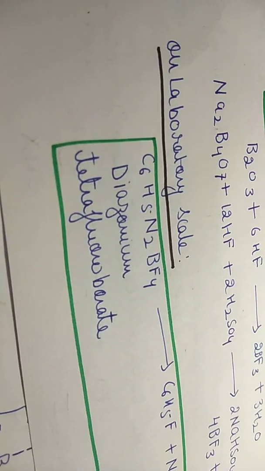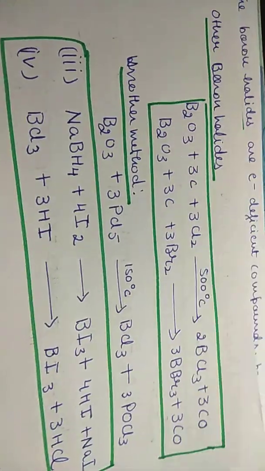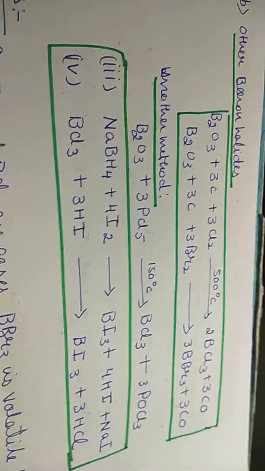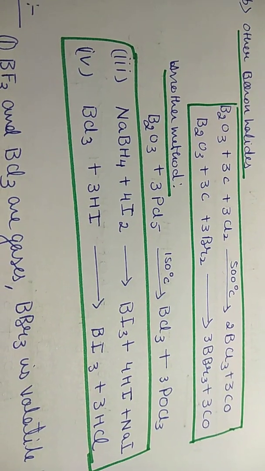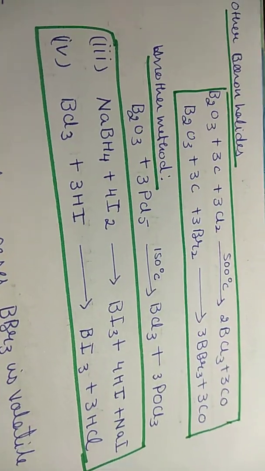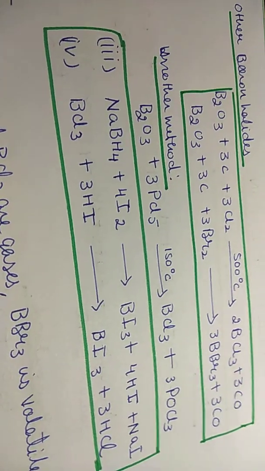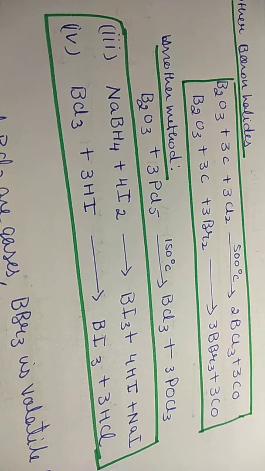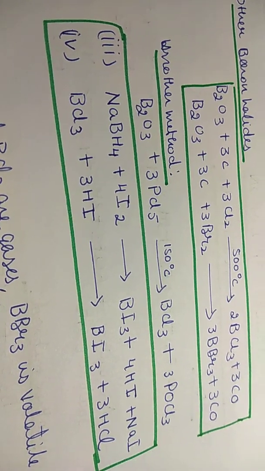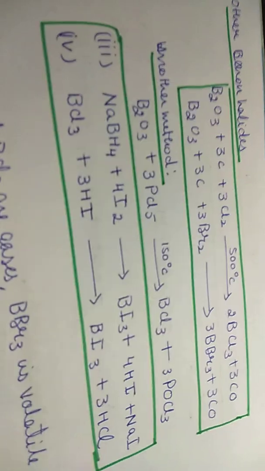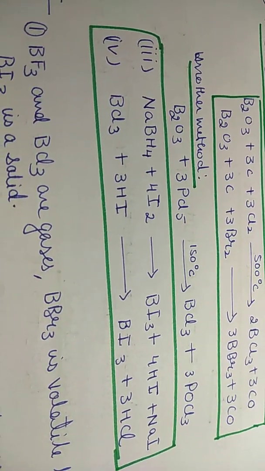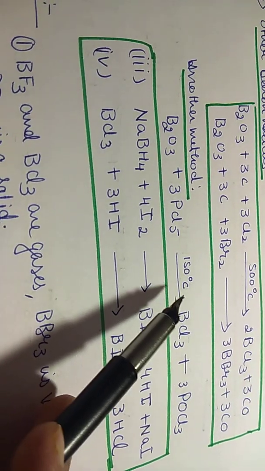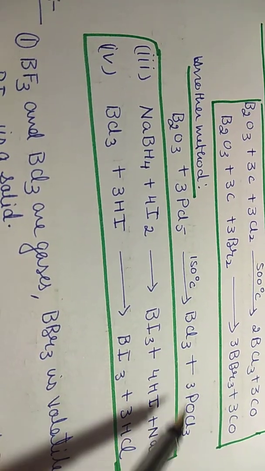Then next we have other boron halides. This was BF3. Now if you treat B2O3 with carbon and chlorine at 500 degrees Celsius, we get BCl3 plus carbon monoxide. And if you treat it with carbon and bromine, then we will get BBr3. Then another method is if you treat it with PCl5, phosphorus pentachloride, at 150 degrees Celsius, we get PCl3 and